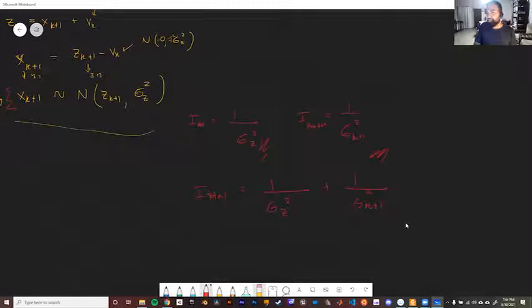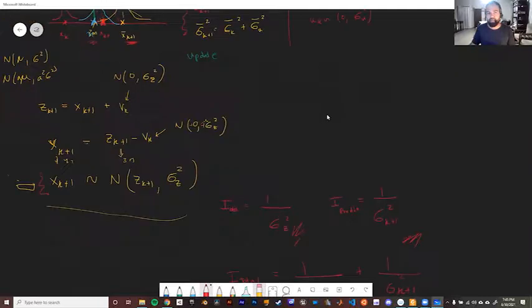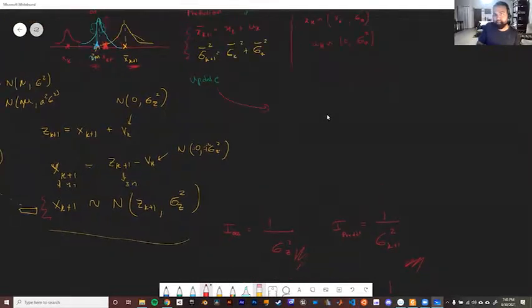Because if sigma z is very large, that means the observation is less accurate, has less information, right? So then we should trust our prediction more. But if our observation is more accurate, then we should trust our observation more, right? So what we're going to do simply to get our update step is to weight these two together, right? So our final answer, which is going to be x hat k plus 1, is simply going to be,